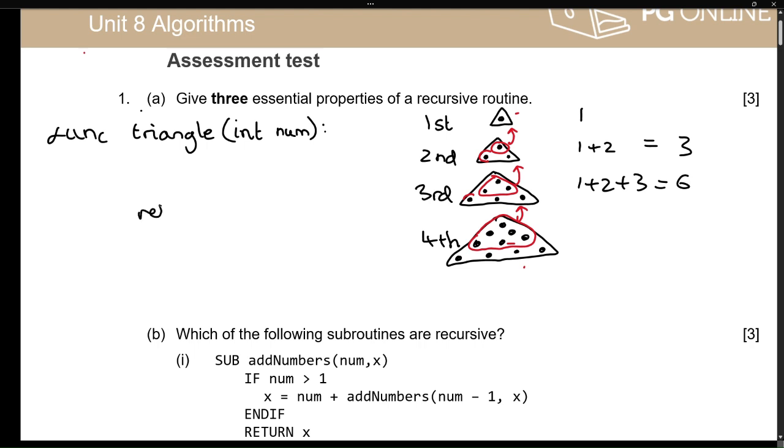What is our function going to do? Well, what did I just say about how we created this triangle? We take 4, for example, or we take the position, which is 4, and we add it to the number of dots in the previous triangle. So let's say I've plugged in 4 here. This will then return 4 plus the number of dots in